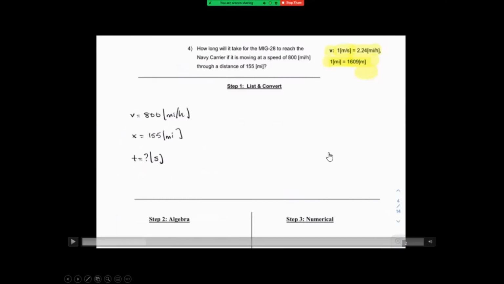All right, the next thing you need to do is list everything given and put a question mark next to the unknown. Okay, so I listed everything in terms of what's given with their proper symbols and whatever the numbers are. The next thing you need to do is just do the proper conversions, do the conversions to proper units. Okay, don't take shortcuts. You'll thank me later because in real life you will have units expressed in all sorts of different ways.